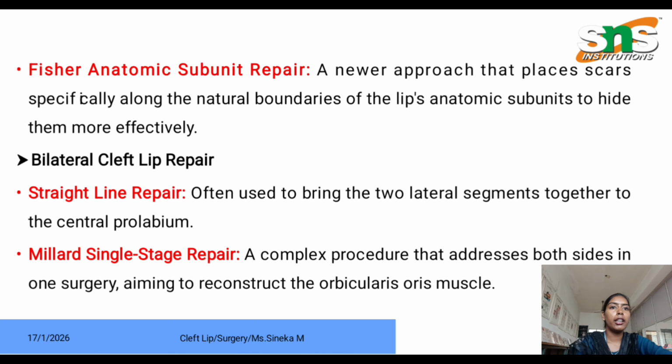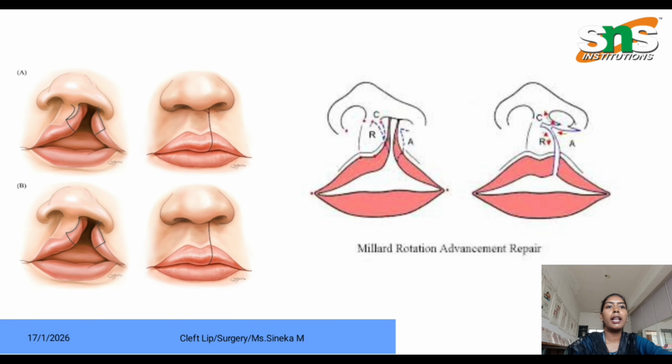Next is Fisher anatomic subunit repair, a new approach using natural boundaries, which is more effective compared to others. Bilateral cleft lip repair: straight line repair and also Millard single stage repair. Here is the image of Millard rotation advancement. The surgeon will rotate the flap